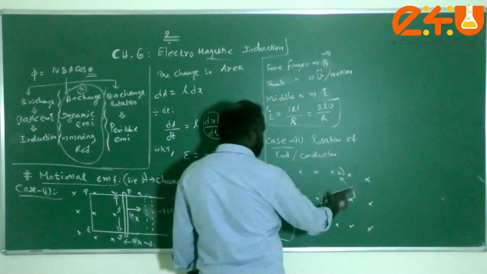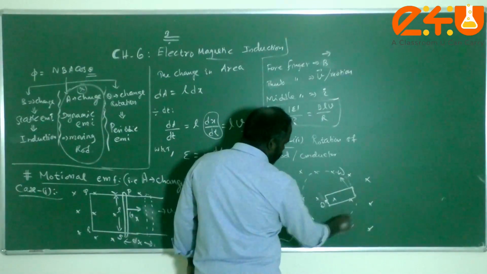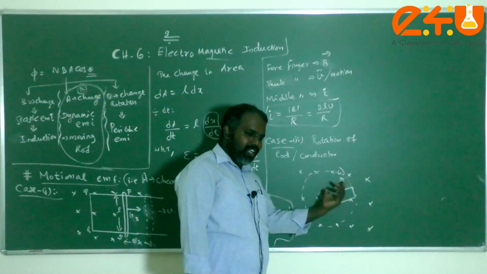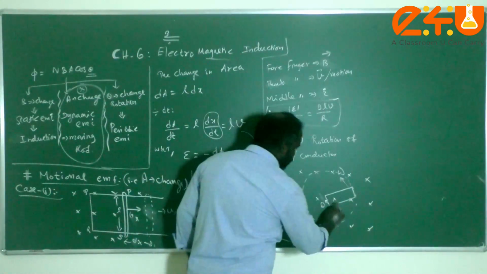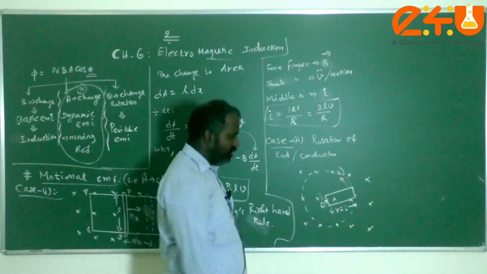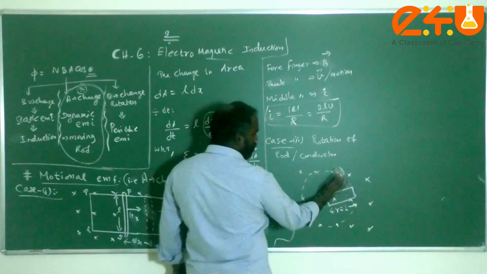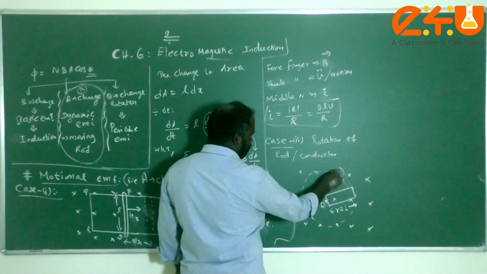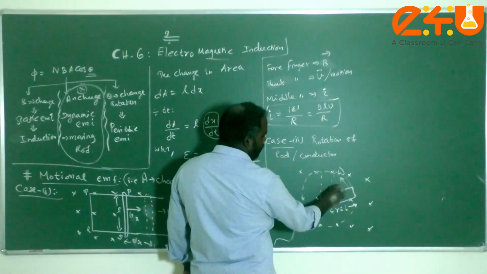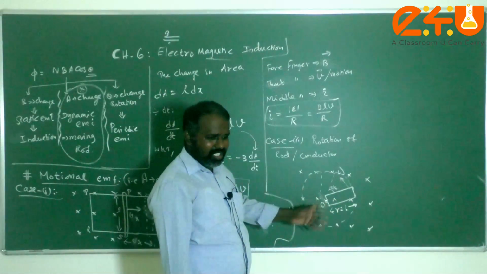Then this is an imaginary circular path, an imaginary circle. The radius of the circle is equal to what, children? The length of the rod. Therefore here the radius is equal to the length of the conductor. So in this case, whenever the rod changes its position from one point to another point, there will be a change in area.